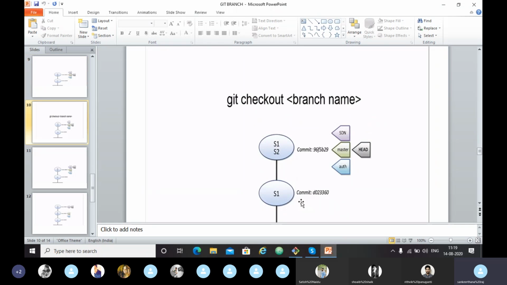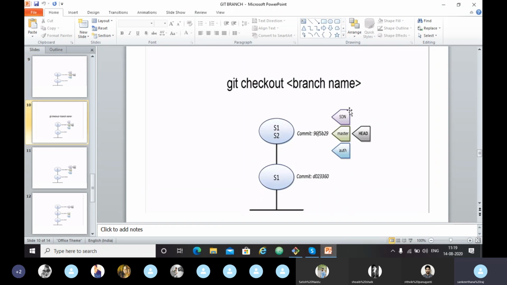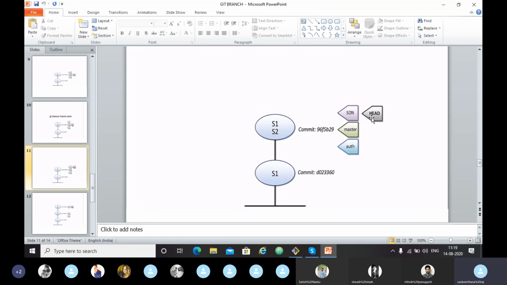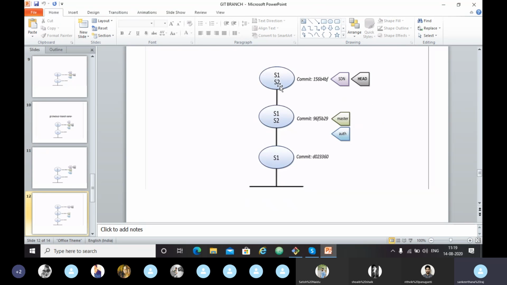After we have checked out, let's say I have checked out the SDN branch here, the head pointer will move to SDN. Now at this SDN branch I will edit the file S1 and make my next commit. For the next commit, only the SDN branch moves, and along with it the head pointer also moves. Head refers to the recent commit. So our recent commit is on the SDN branch. Here I have edited the file S1, so this is my recent commit.